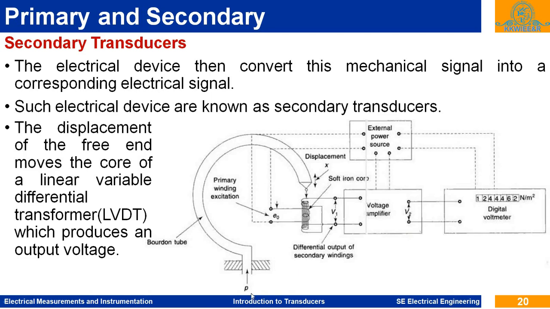So directly this pressure in the Bourdon tube, of hydraulic oil or hydraulic fluid or air pressure or gas pressure, we can get the reading in terms of Newton per meter square. So here we have the electrical transducer LVDT, which uses an external source for the conversion of this physical quantity. Here the pressure is converted into displacement, and this displacement is converted into the electrical signal.